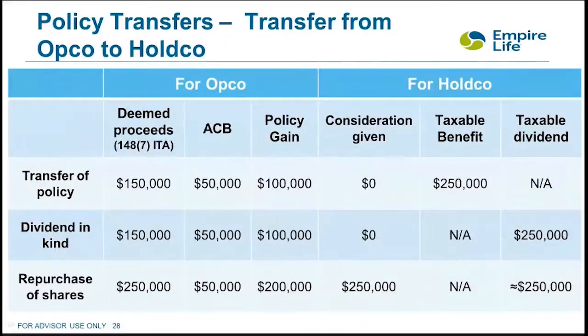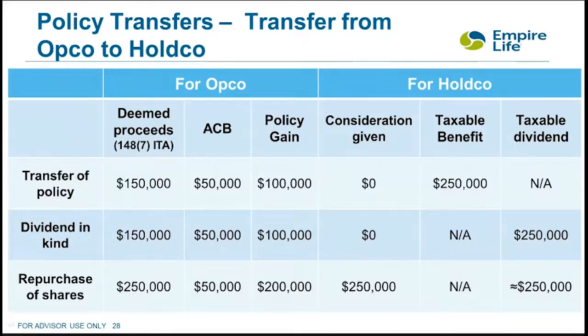So now we're going to look at policy transfers from opco to holdco. In this table, the first line shows the situation where the policy is transferred from opco to holdco without consideration. The non-arm's length transfer rules, 148(7), apply, which means that the deemed proceeds of disposition for opco will be just what we've been seeing in the previous examples: the greatest of consideration given, cash surrender value, and the policy ACB. In this case, the deemed proceeds are equal to the cash surrender value, $150,000,